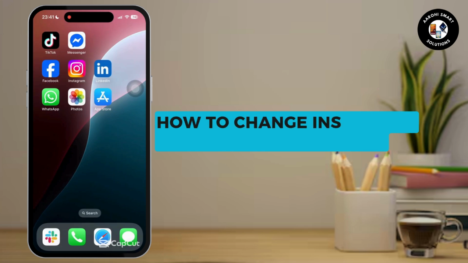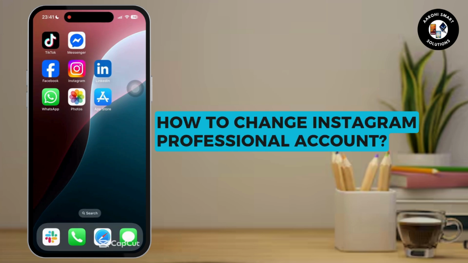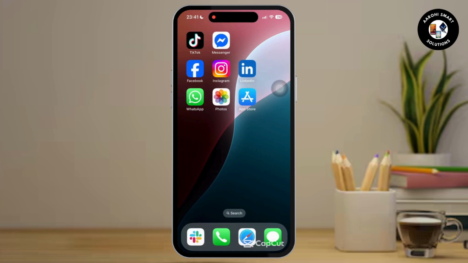How to switch Instagram professional account. So let's get started. First of all you have to do is simply open the Instagram app on your mobile